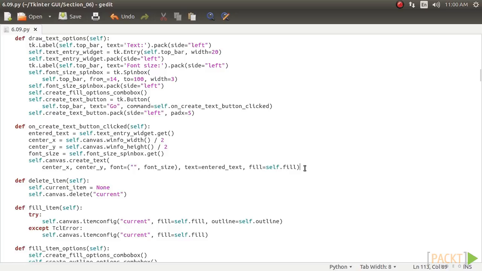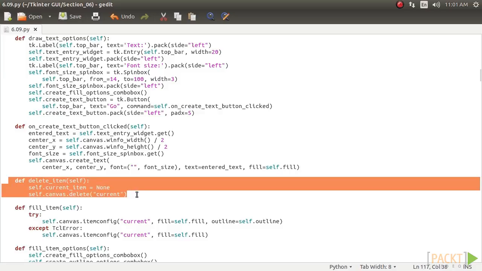Next, let's code the delete_item method. The operations that we want to do now are slightly different from their predecessors. Earlier, we were creating items on the canvas. Now, we have to target items already present on the canvas. The item that needs to be targeted is the one on which the user clicks with his or her mouse. Fortunately, getting the item handle for the item under the mouse is very easy using the current tag. Accordingly, the code for delete_item is as: